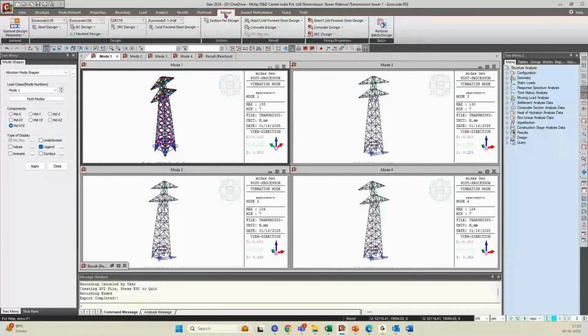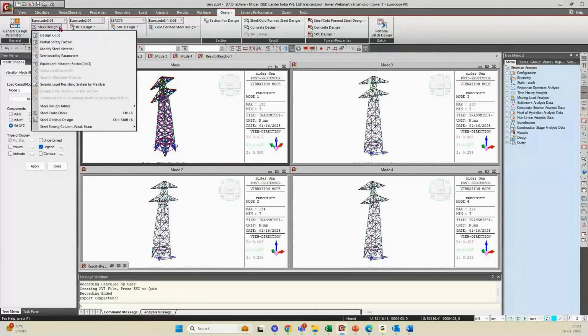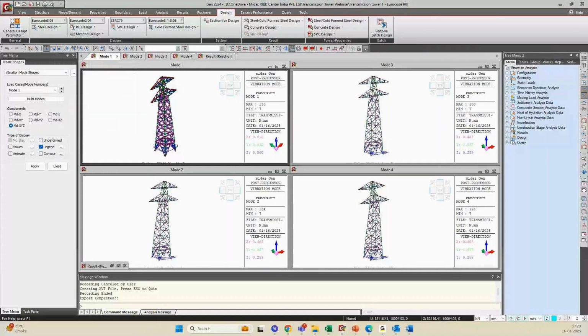So in Midas Gen we can do the design for steel, RC design, SRC and cold form steel design as per Eurocode 3, and RC design as per Eurocode 2, and steel design as per Eurocode 3. Okay, and just we can go for different parameters. So basically when we go into the design part,